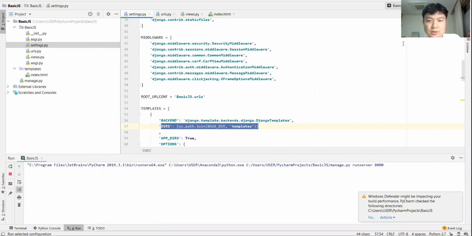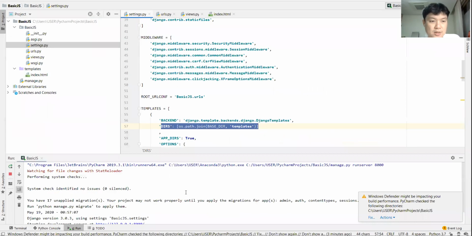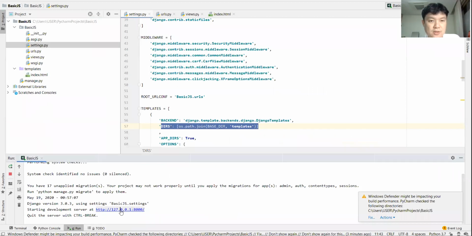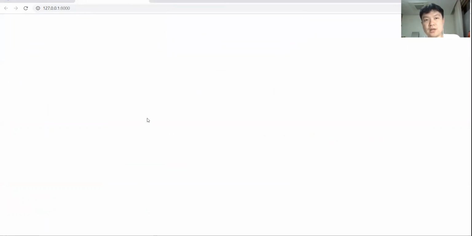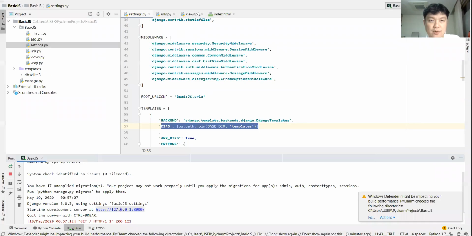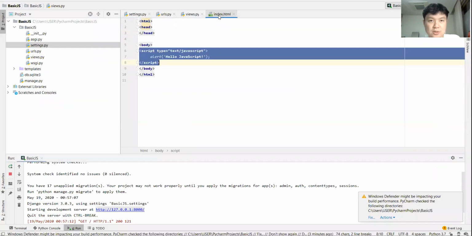Yeah, we are using the runserver, and then okay, everything is fine. So let's run. Hello JavaScript. Okay, so this is the JavaScript. Nothing here, but yeah, you see one pop-up using the code that we have here, which is, yeah, in the HTML we use the JavaScript alert. Okay, so alert means this is the first time you use the JavaScript. For the alert, it will show a pop-up. Okay,